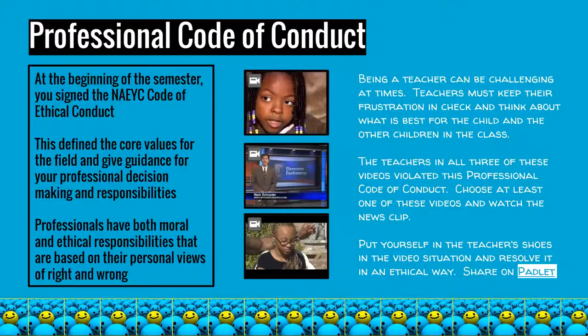In the beginning of the semester, you signed the NAEYC Code of Ethical Conduct, and we have basically learned how to uphold that over the course of the semester. In your text, it really gives specifics as to what this means for your moral and ethical judgment in the classroom, and also your judgment as a professional and the legal aspect of it. I'd like you to read that section in your textbook, and then I'd like you to either watch one or all of the videos. They're pretty short, they're about 2 or 3 minutes, but they all have examples of teachers